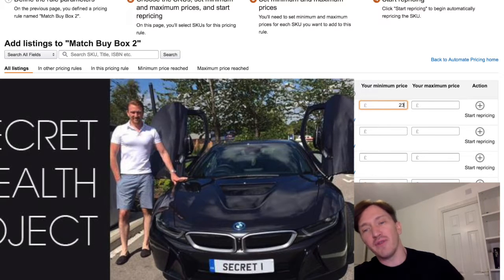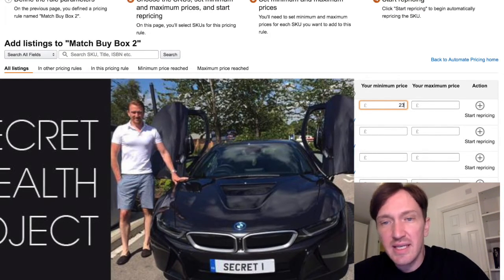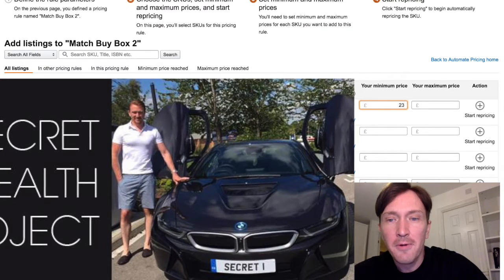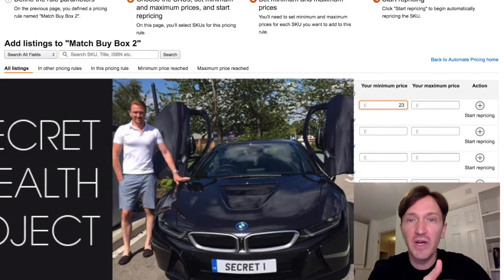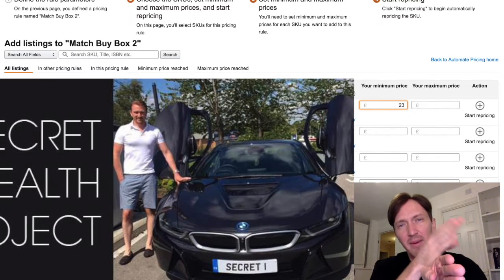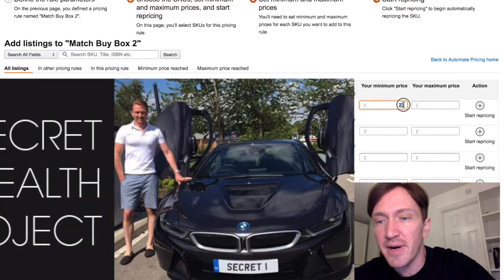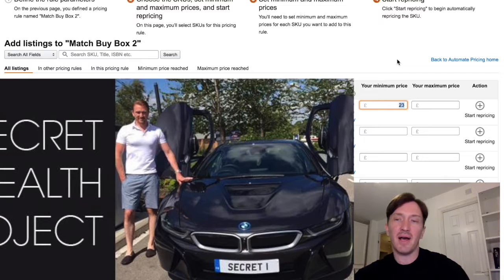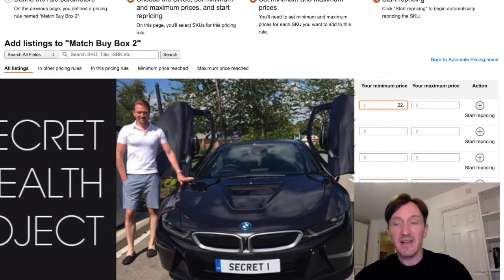I mean, it's kind of an obvious tip, but what happens is you don't want to lose out to these idiots that are using penny repricers, especially when it's just a few pence. So if they want to start the war, let them start the war and don't join in, but you should still probably match them so you don't let them win for having that penny cheaper. So in this case, if I was thinking my minimum price is going to be £23, I would probably set my repricer at 22. Now you could do